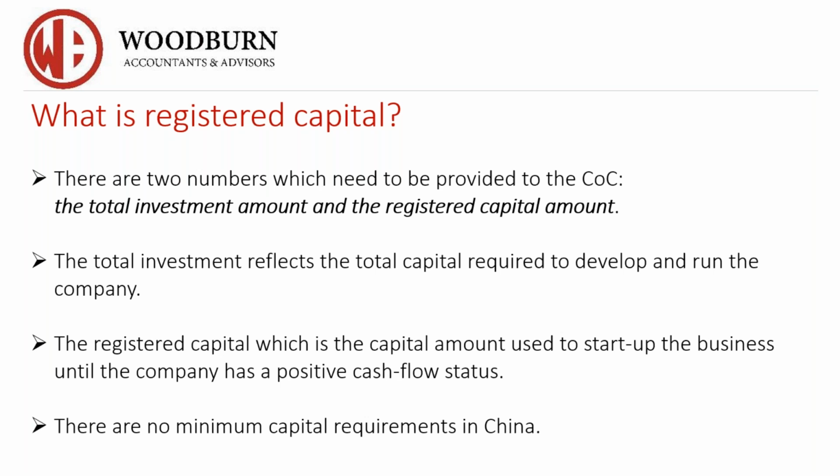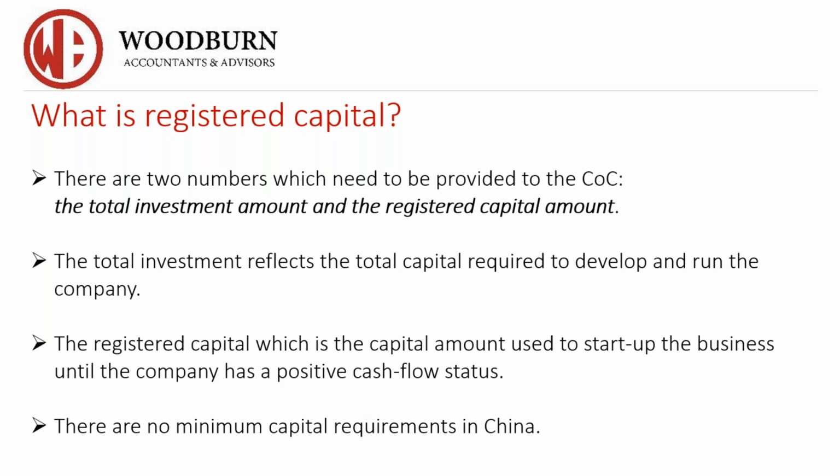70,000 goes into your bank account in China, and the difference between the registered capital and total investment, the 30,000, never has to go into the account. Never. It is called your foreign debt loan. It is a way for you to get capital if it is needed for expansion, or what is mostly used by my clients is as emergency funds, which in 2020 during COVID, nearly all of my clients brought in their foreign debt loans.